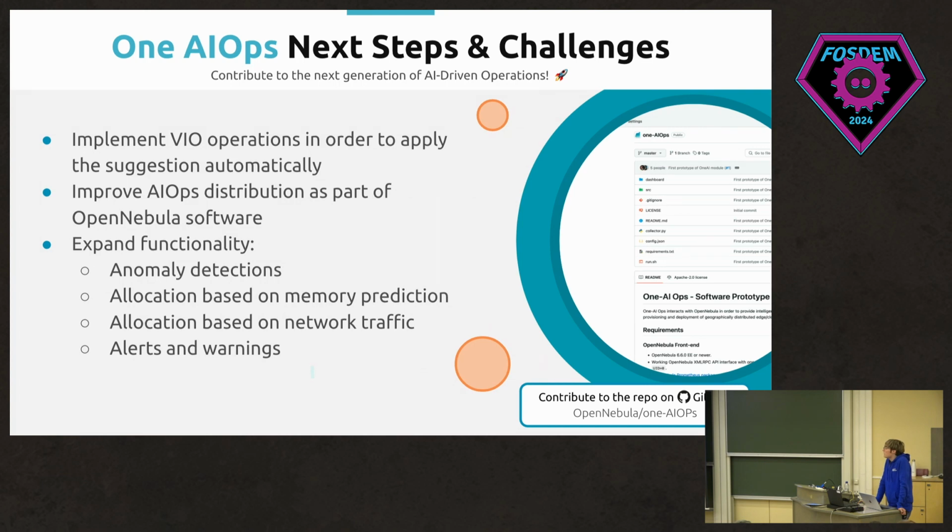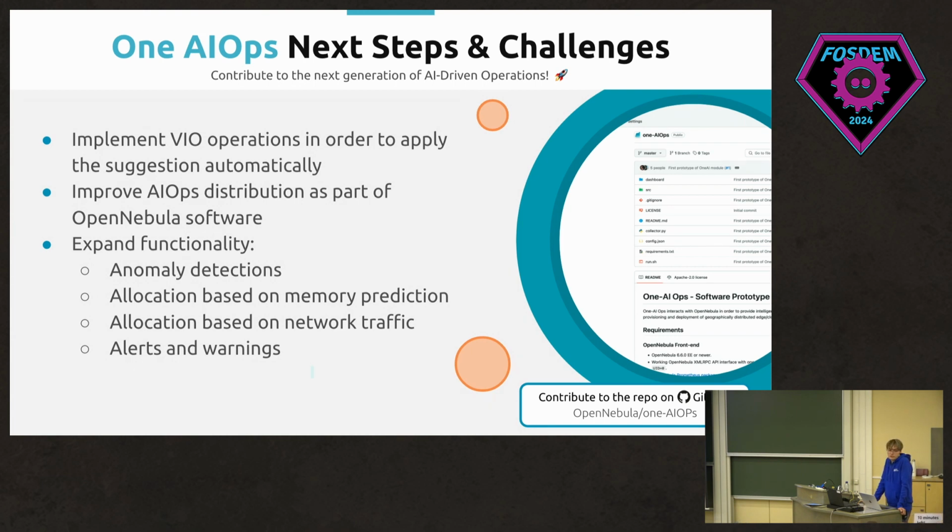Then we would like to improve the AIOps distribution as part of the OpenNebula software. Currently, you need to install it separately. And finally, we would like to expand the functionality to provide anomaly detection and allocation based on memory prediction and network traffic, because currently we only provide CPU usage prediction, and based on the results of the tool, create alerts and warnings.